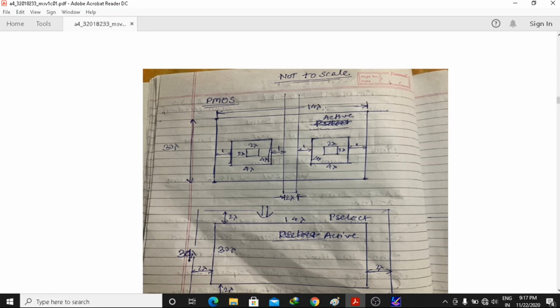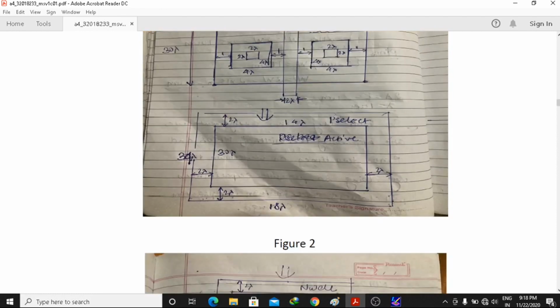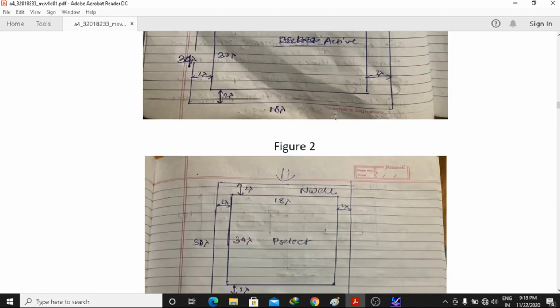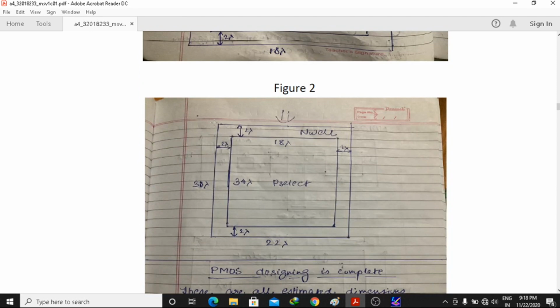So how will you create the active layer? For creating any device like PMOS, right? For creating PMOS, I would suggest that you follow this approach. First, you create NOL. You first draw all these things on rough paper with scale, because lambda is a technology independent parameter. So ultimately it will not have much effect even if you don't draw it accurately, but this should give you a rough idea.